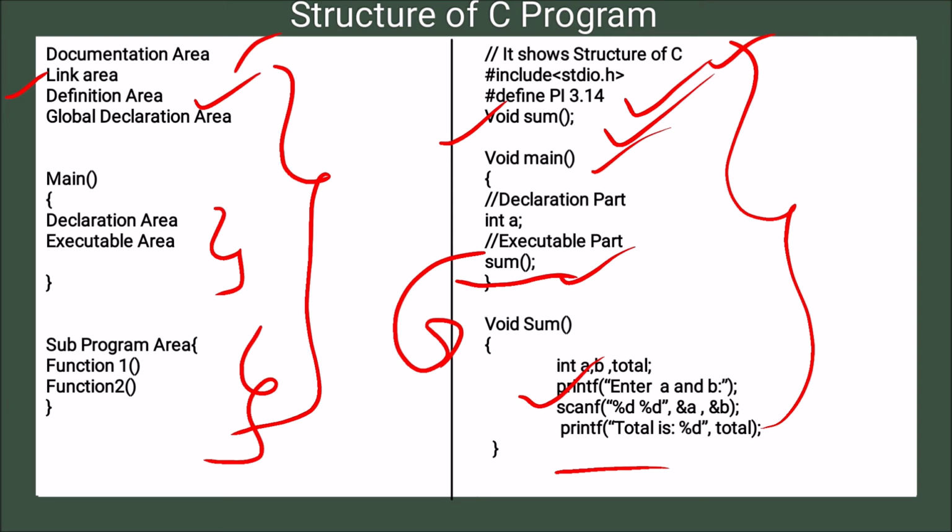This is not a particular program, but this is the structure that any C program looks like. First of all there is documentation for the program, then there is a header file, then a global declaration of variables, declaration of functions, then the main function, and then any sub function. So these are the features of C language and the structure of a C program. I hope all of you understood this session and the basic fundamentals of C. Thank you.